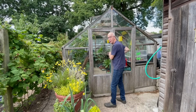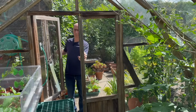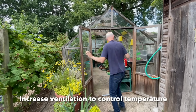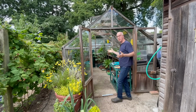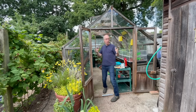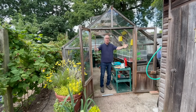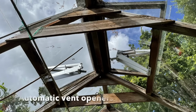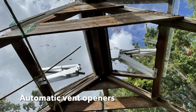Before I even have my cup of tea, first job of the day is to open up the greenhouse. The sun's coming up and I need to make sure that the temperature doesn't rise too high, so the greenhouse needs ventilation. I'm lucky because I've got double doors at the front, so I can open these up to let the air flow freely. I've also got roof ventilators, some automatic ones which will open when it gets hot and